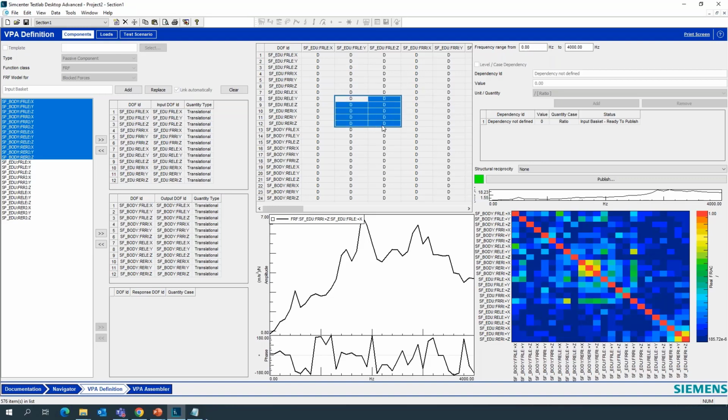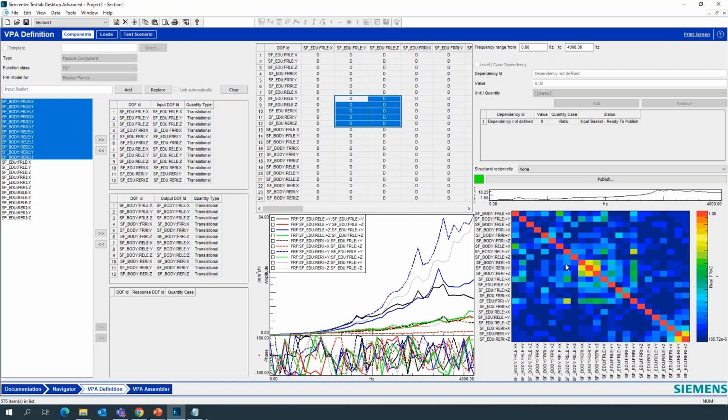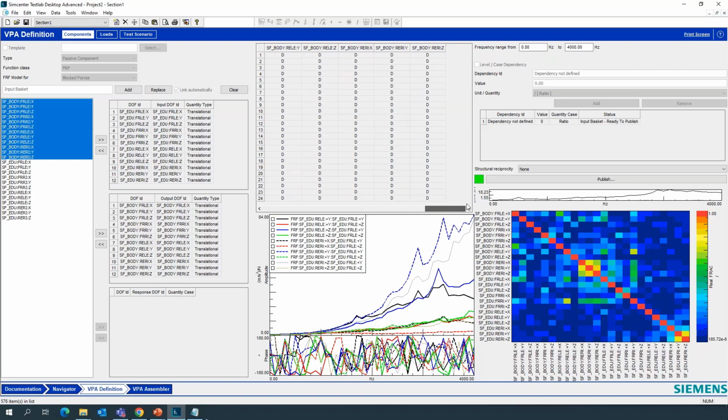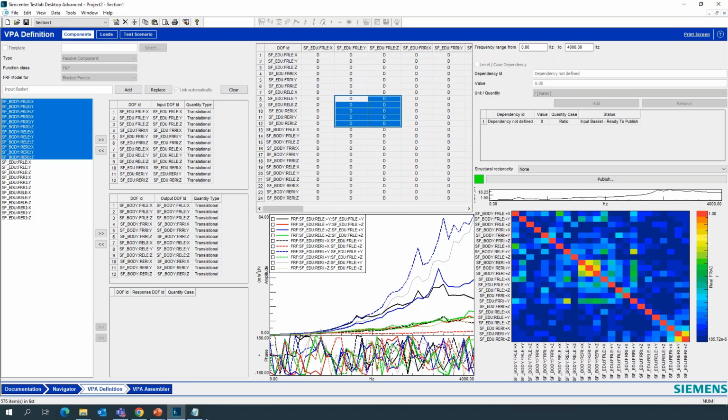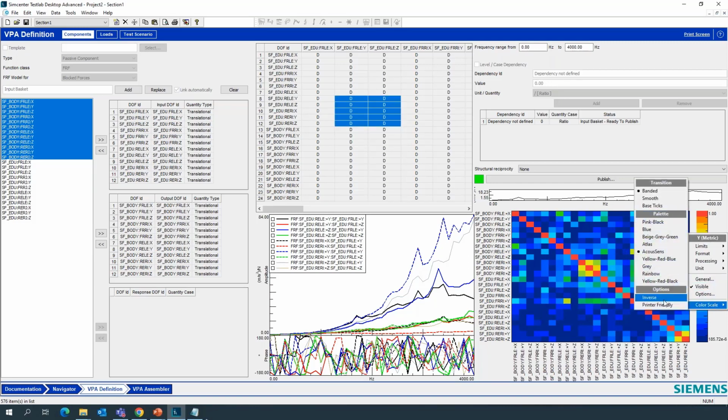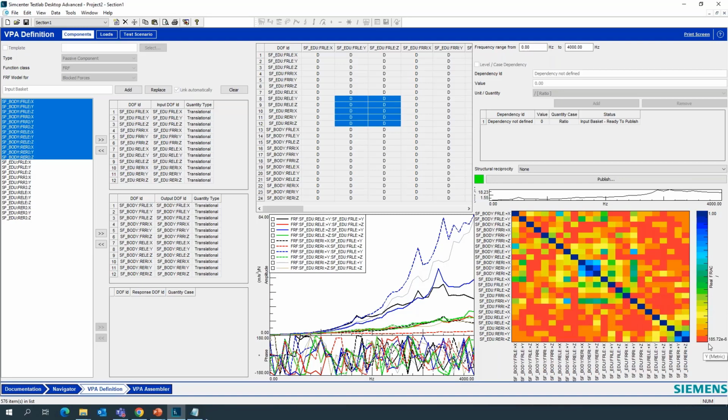Then it finds the matrix of what are the different points here. And we can look at all the data, the full 24 by 24 matrix, in the form of this FRAC, called frequency response assurance criterion. That tells us how well the reciprocal FRFs are matching with each other. Let me change this color scale to inverse so that red will mean bad and blue will mean good.